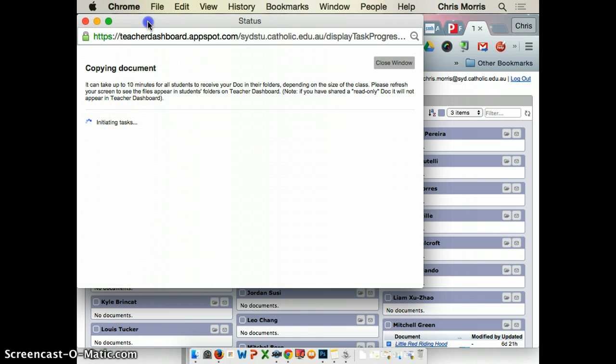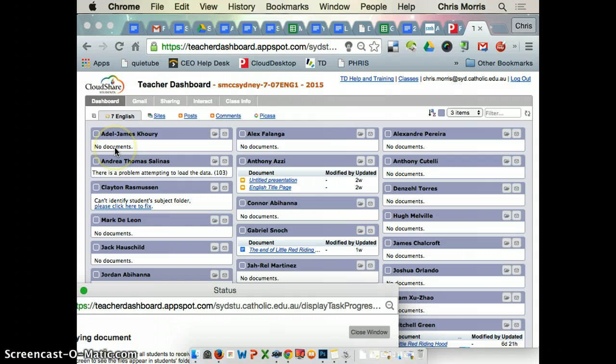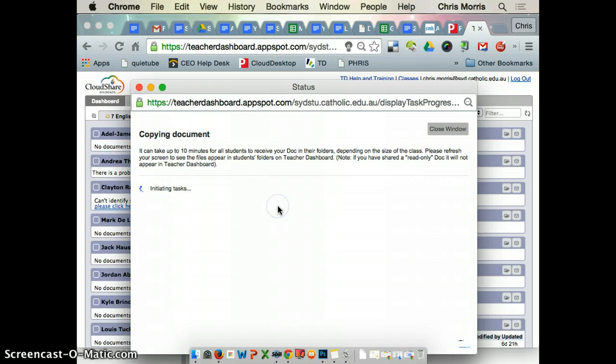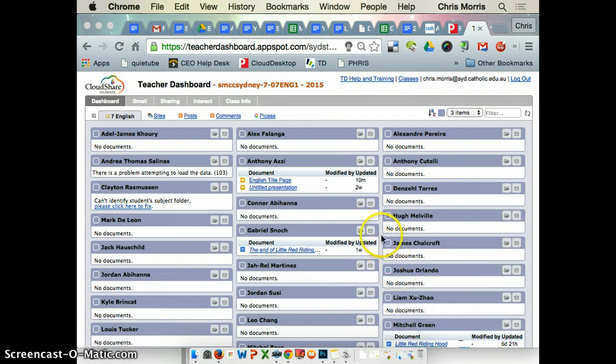So once this has run its course, I will see Abdel James's Year 11 communications task. I will see Clayton Rasmussen's Year 11 communications task. Okay. Comments back to the kid. Yeah. So up here, if I just zoom in over on the right-hand side, see that little window? What do you reckon that little icon means? Refresh. Good. So at any point throughout the lesson, say I've got this up on the board and I'm going over, I'm helping Julie, I come back, Neela wants my help, I can just refresh